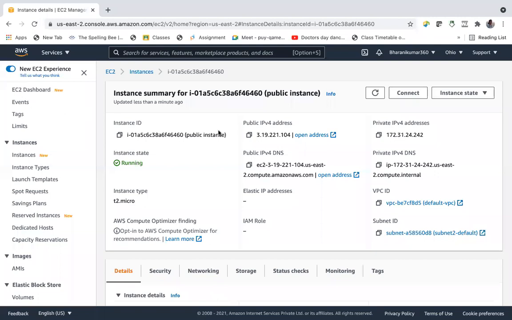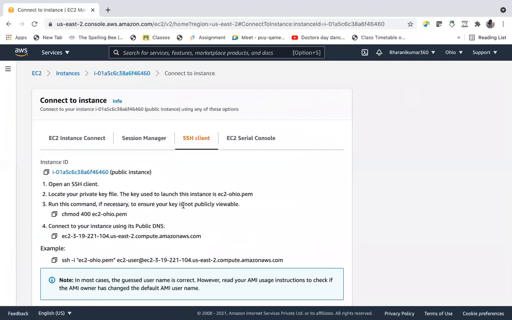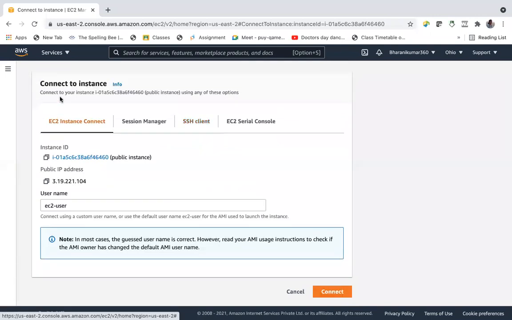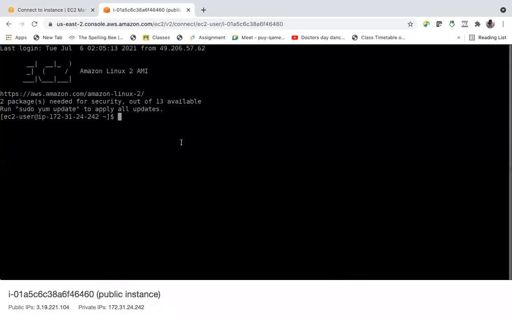Connect, EC2 instance connect. This is the public instance.